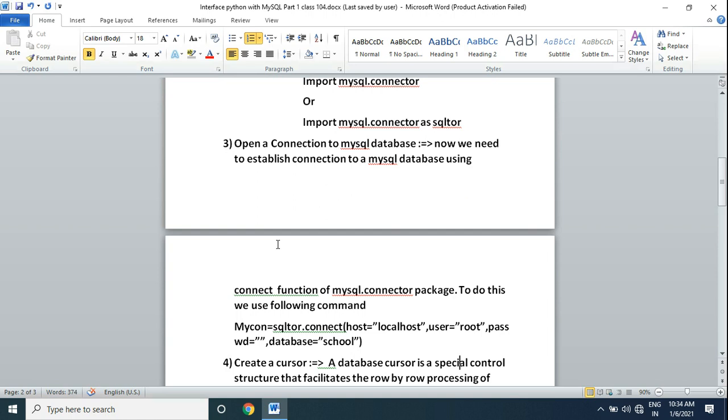The connect function requires 4 parameters, like my connection variable name sqltr.connect. First is host, which is localhost. Second is user, which for MySQL is always root, then password, which is blank, and database. Whatever database we want to connect we will use here. In our example we will use school database.